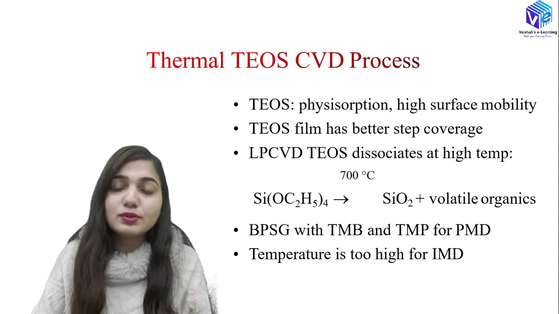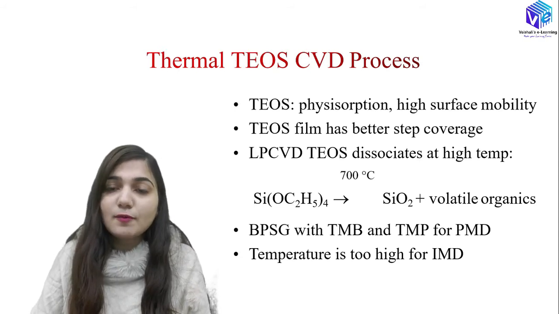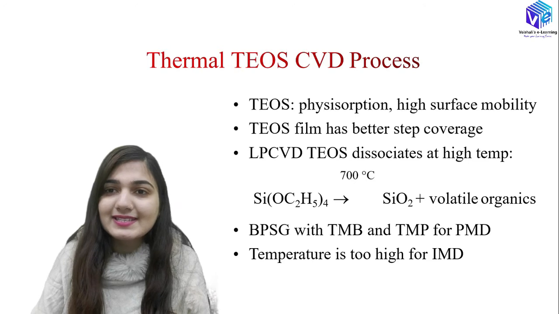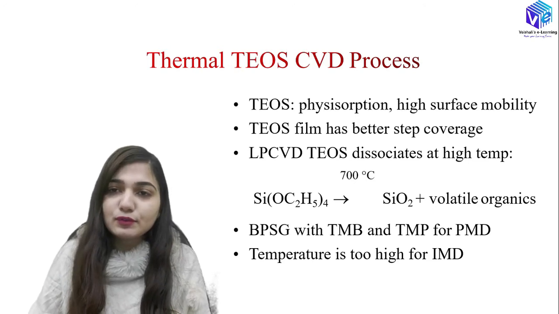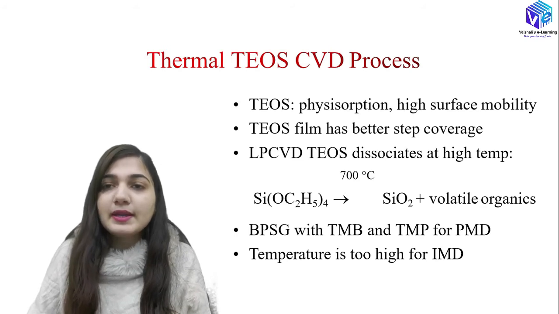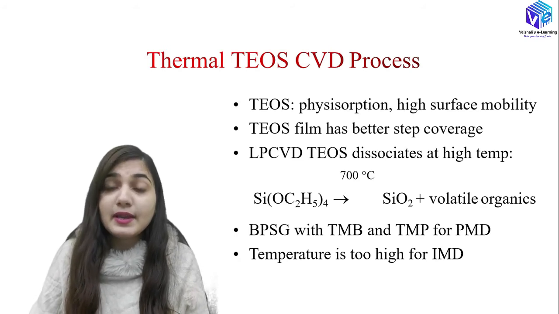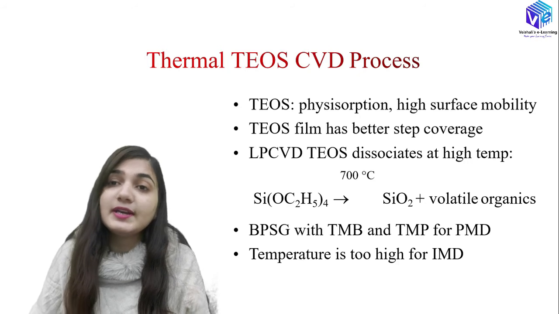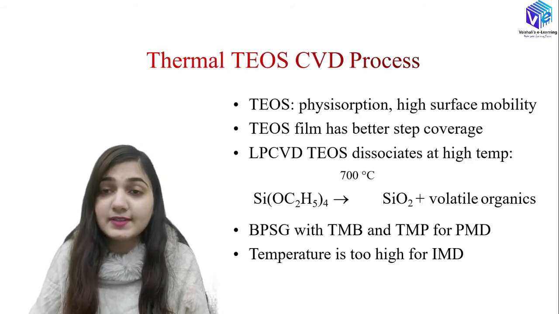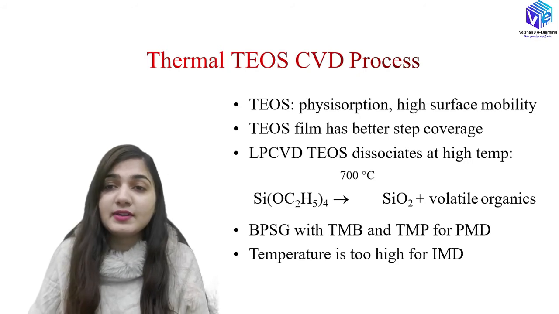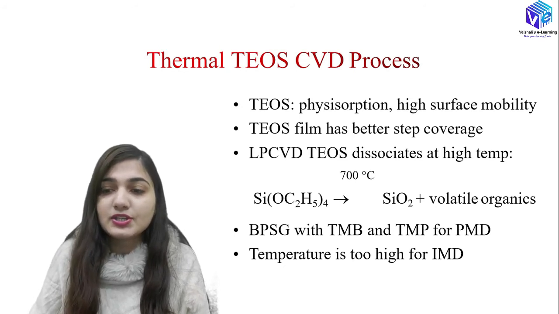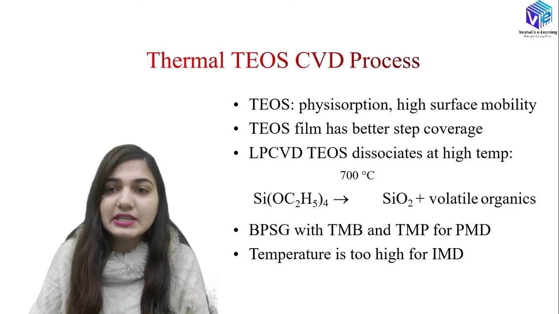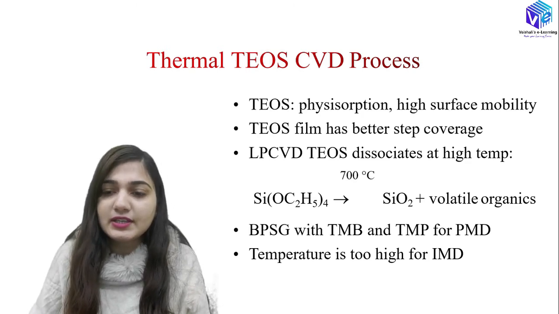I am not going to do the chemisorption. Physisorption, I hope you know what it is. What are the advantages of physisorption, that also you know, right? It is having high surface mobility, and I have already discussed this concept that whenever I am having high surface mobility, I am going to get the good step coverage. So TEOS film has a better step coverage than the silane. This is the advantage of using the TEOS over